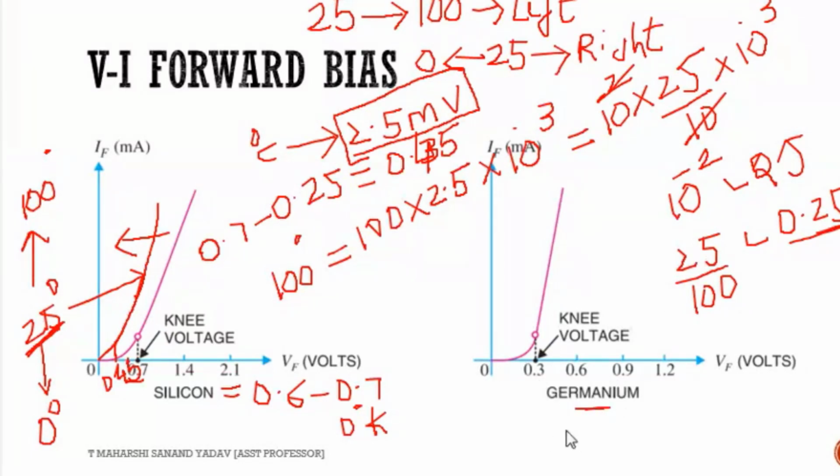Now you try with germanium and tell me what will happen to the value. Consider this is the initial point at 25 degrees centigrade. Now you try to increase it to 100 degrees centigrade and tell me where the graph will start. Quick. You try to solve and tell me the answer. Tell me the exact barrier potential or VB.